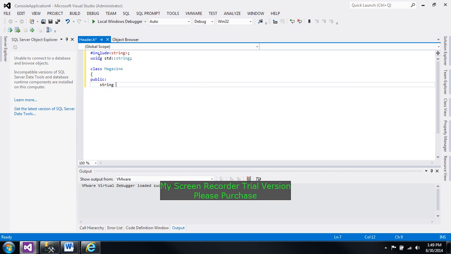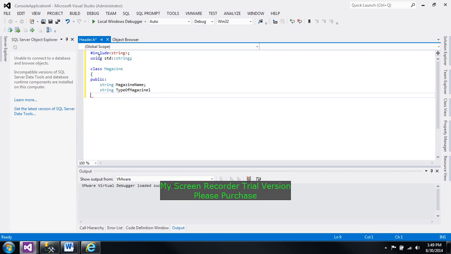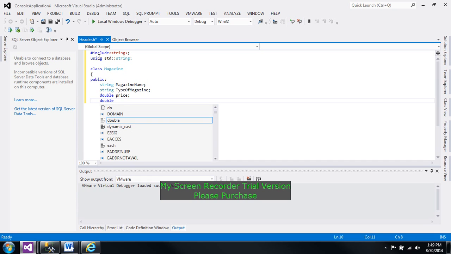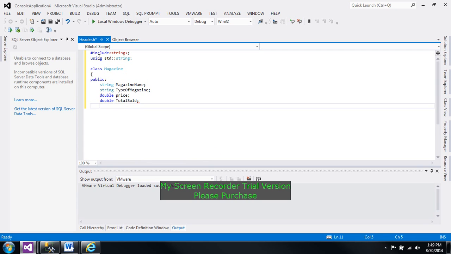String magazine name, string type of magazine, semicolon, typo here. Next, we're going to say double price. We want to find out the price of the magazine, and we're going to create another variable. We're going to call it total sold. We want to keep track of how many of these